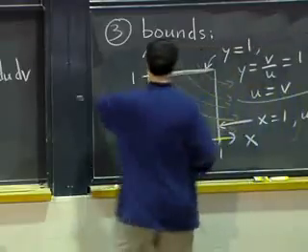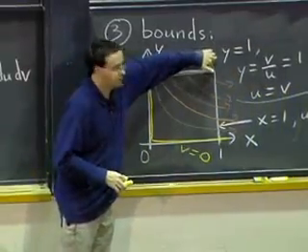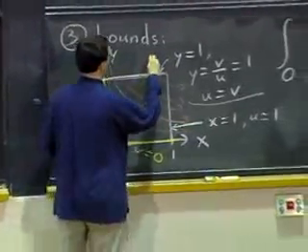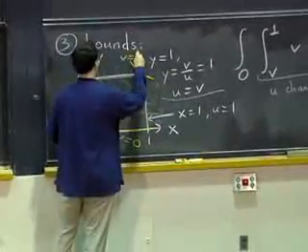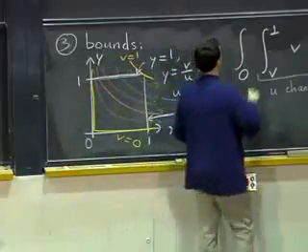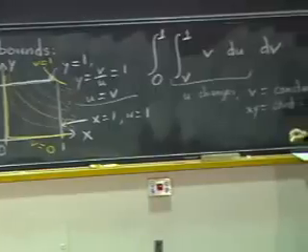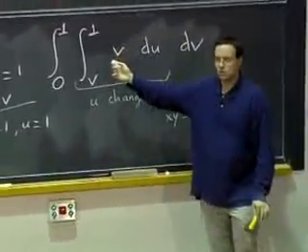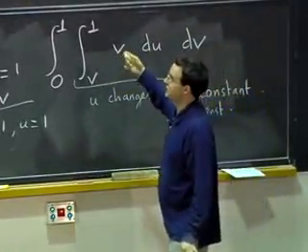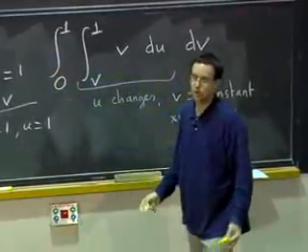And what's the last hyperbola we want to look at? Well, it's the one that's right there in the corner. It's this one here, and that's v equals 1. So v goes from 0 to 1. And now we can compute this. It's not particularly easier than that one, but it's not harder either.